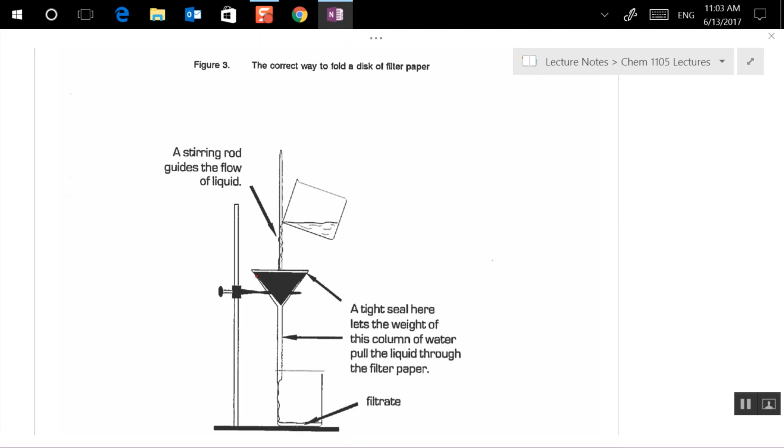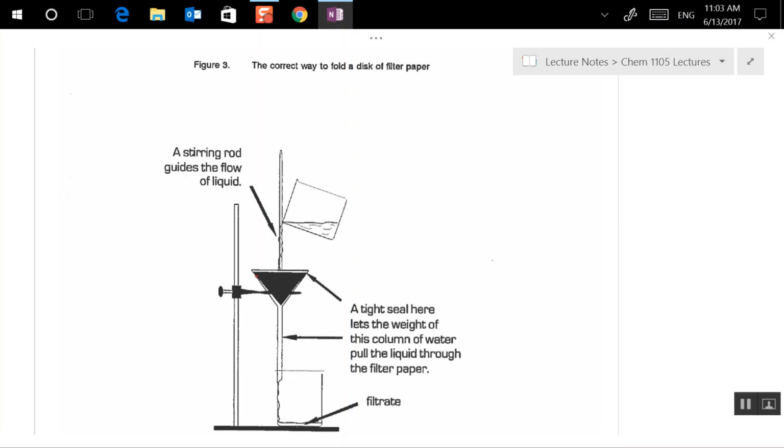Okay, so this is glass. This funnel is glass, and you spray the water on there, and it seals it. It makes it stick to the walls of the funnel, inside of it. Okay, and then they use a stir rod, which is a wonderfully acceptable way to do it,